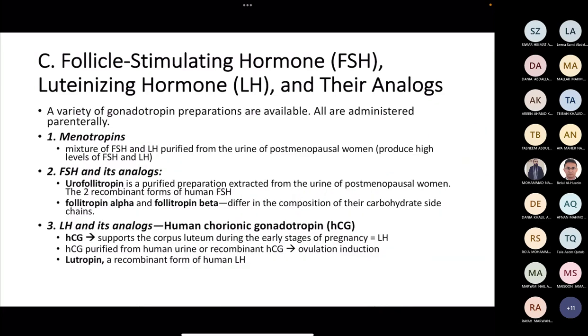Now, we have many pharmacological products that are used for many indications. Now, first of all, you should know that